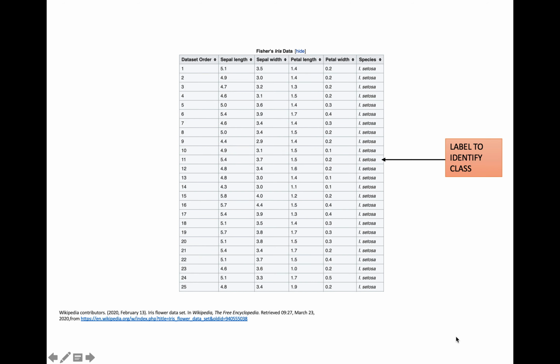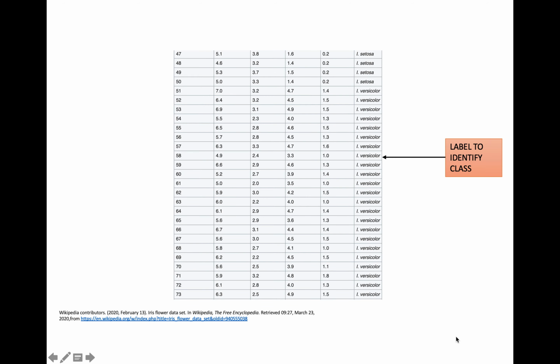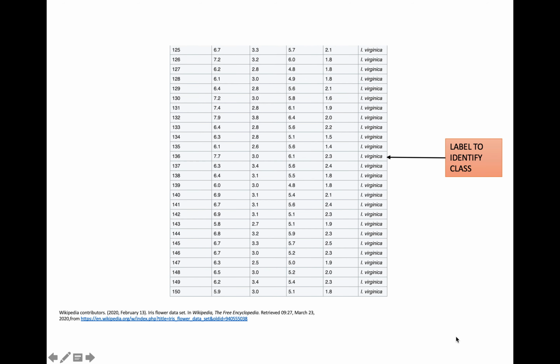sepal. Here in the example, you can see the data set in which sepal length and width with petal length and width are provided along with the classification of the species. We will call this data set labeled because for all the measurements, for all the characteristics, the class to which it belongs has been clearly mentioned or labeled. Using this data set available on Wikipedia, a machine learning model was created which was able to differentiate between the three species of the flower on the basis of the given parameters. This is a very famous example where machine learning was applied and was found very useful.